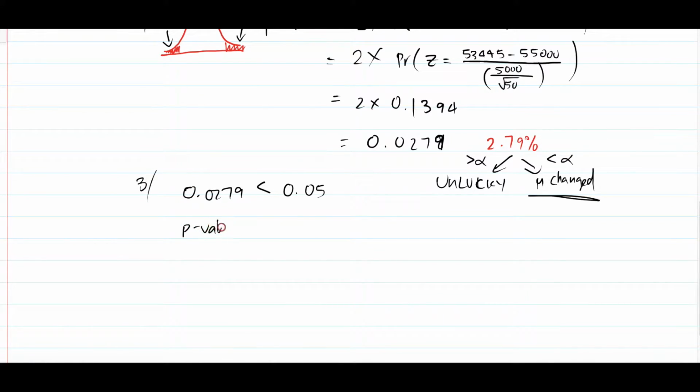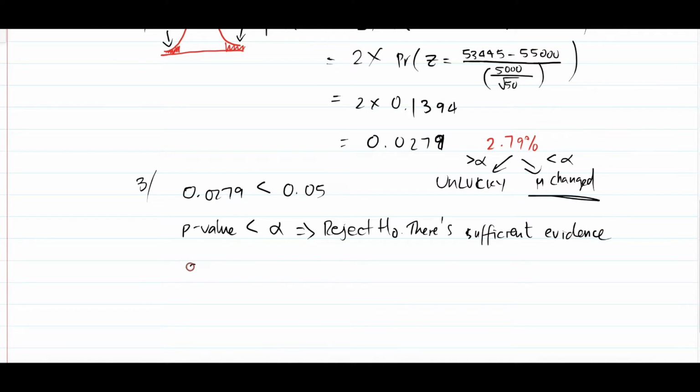P-value less than significance level. Therefore, what we do is reject H0. So reject H0 right there. Reject H0 and you follow up with another sentence. There is sufficient evidence, just excuse my bad handwriting, there is sufficient evidence at the 5% level to conclude that,